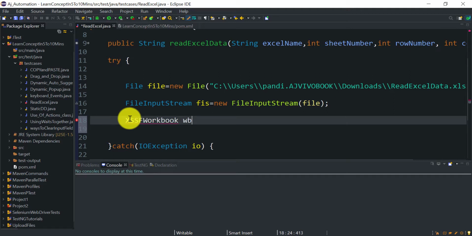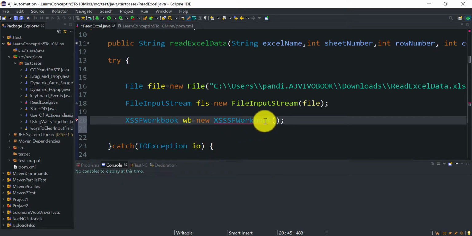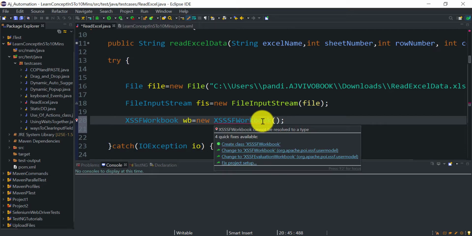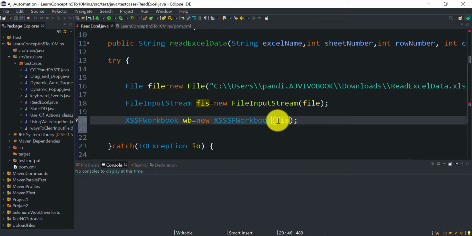I will give the name wb equal to new XSSFWorkbook. Now you can import it from, this is coming from those Apache POI jar files, that package. To the constructor of this class you need to provide this file input stream object, and save it.